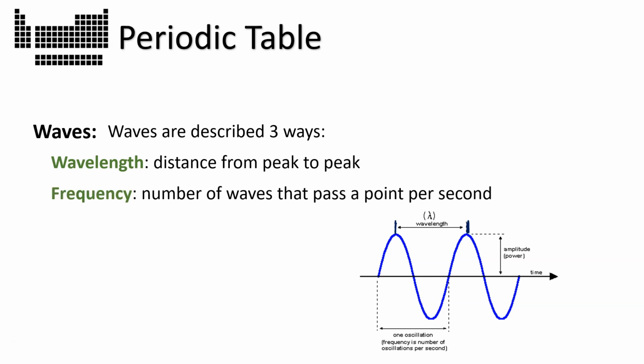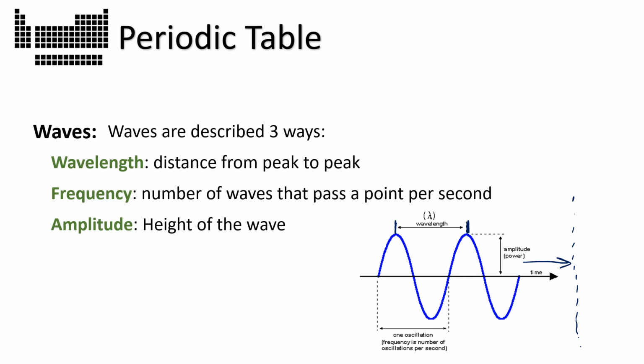There's also the frequency of the wave, and that is how many waves pass a given point in a certain amount of time. And generally that time is 1 second. So if you imagine these waves are traveling in this direction, and you chose a point, and I'll draw a vertical line to represent that point, and you literally just counted how many of these waves passed this line in 1 second, that number, so let's say it's 10 waves in 1 second, that's the frequency. It would be 10 waves per second.